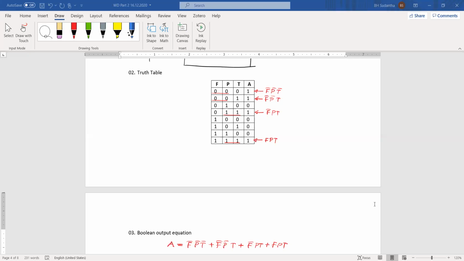Yes. One of your friends has sent me an equation asking whether it's correct or not. Yes, that is correct. But it's another form of the equation. At the moment we don't discuss those things, and we will discuss them later on. But your one is correct.